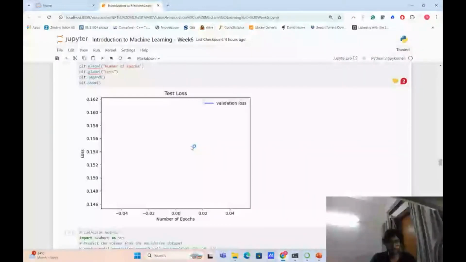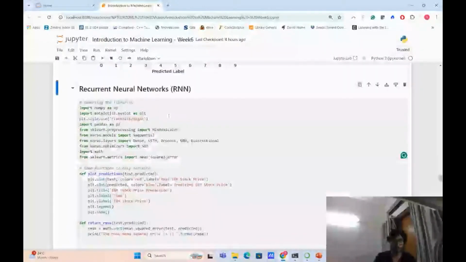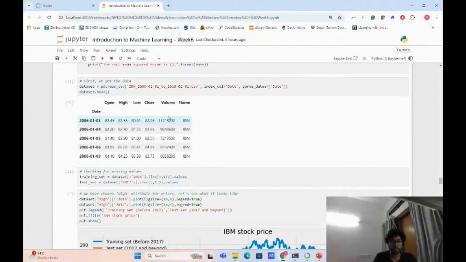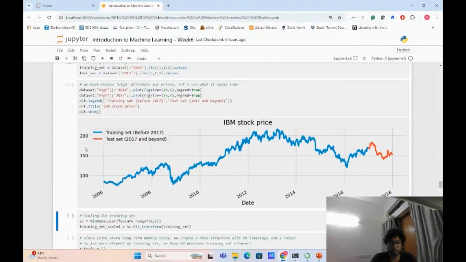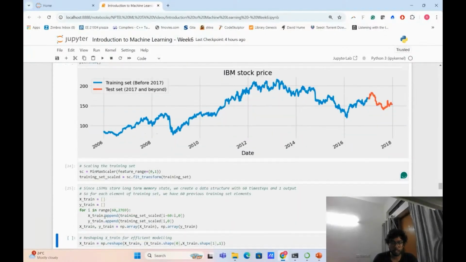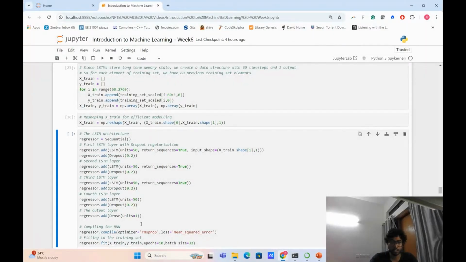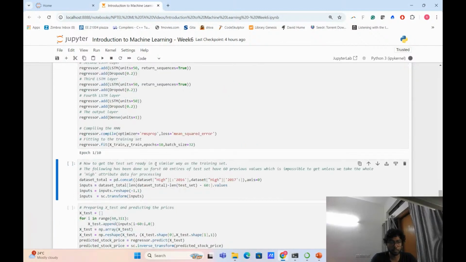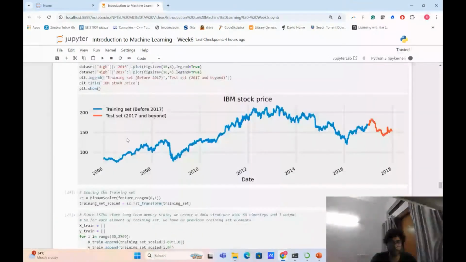Okay. Now coming to recurrent neural networks. Let's take the example of some stock data, let's say IBM stock. So this is the IBM stock data that you have over time, right? What you do is you feed your model the previous data, and you want to predict what the future stock price is going to be, right? So for example, with this time series data,